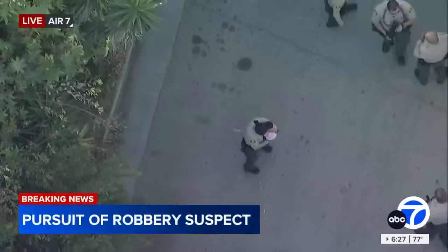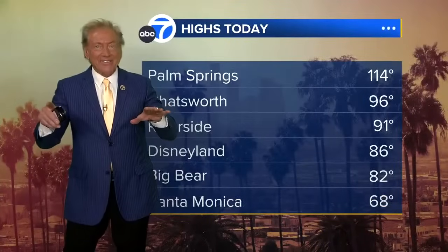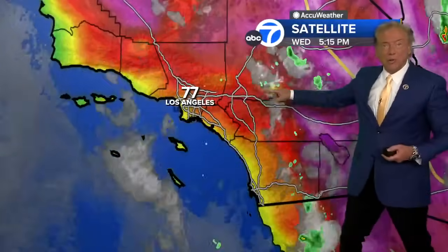We're going to check in with Dallas Raines now. We just have a few minutes left in this half hour to get the weather. Ellen, thank you. Well, today the clouds kind of helped us out a little bit, David and Ellen, folks at home. But out in Palm Springs, 114 degrees. Disneyland today at 86. Big Bear hit an 82-degree reading today. Not much in the form of any rain or any thunderstorms, but that big high is building. So over the next 2 or 3 days, especially over the weekend, I'm going to put that